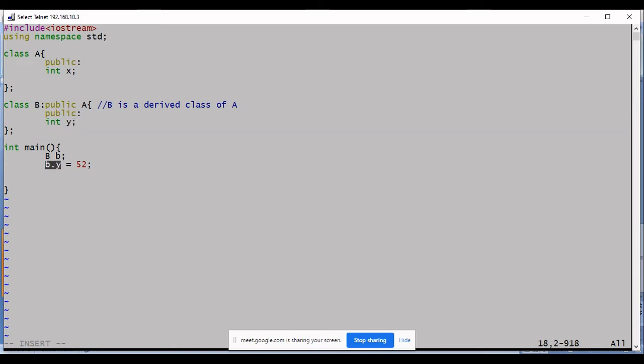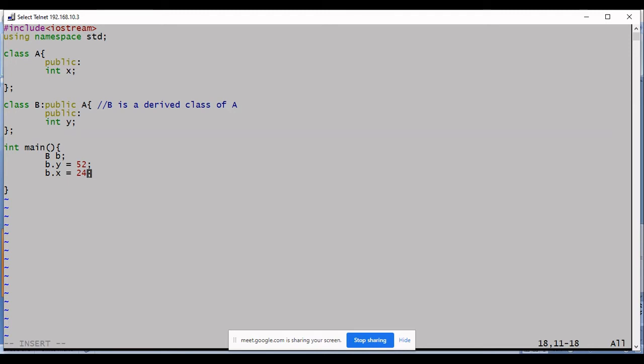So this is valid. Had I written private, then this is logically not correct. So this is valid. Now if I write B dot X is equal to some value, of course syntactically it is correct. Object name dot operator member data.